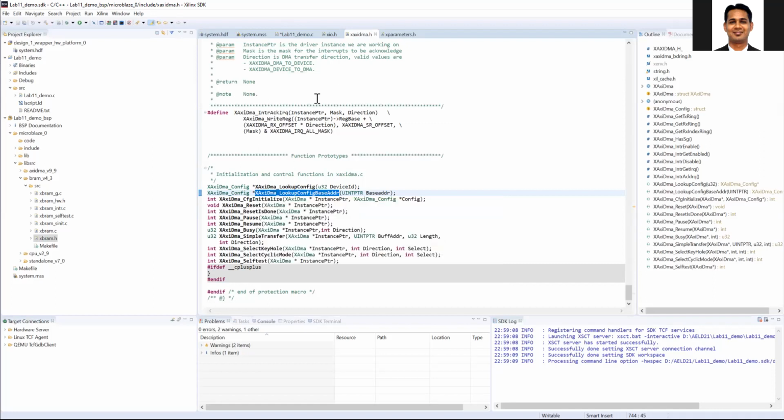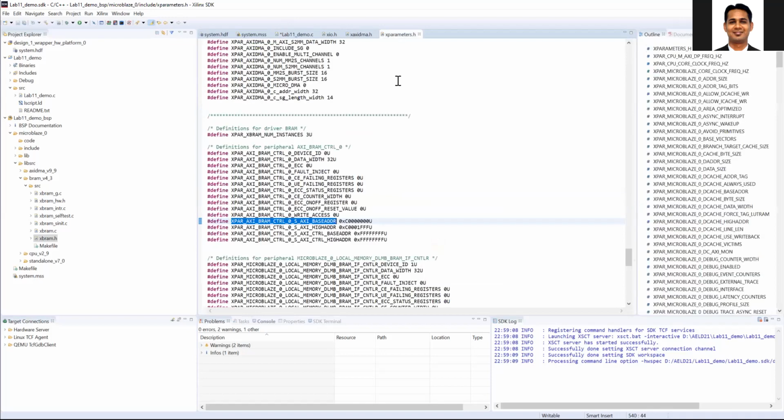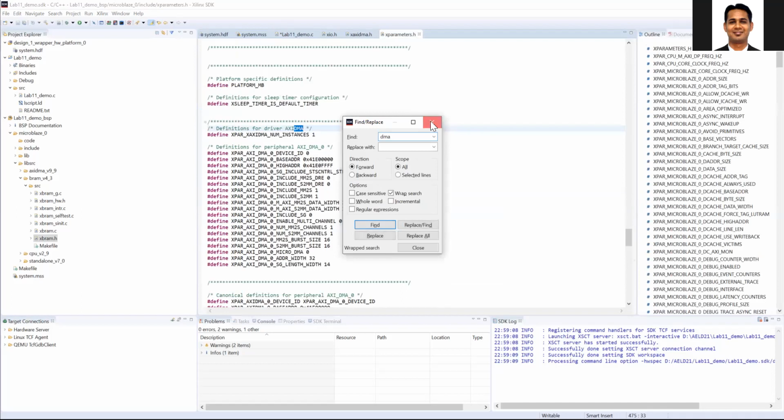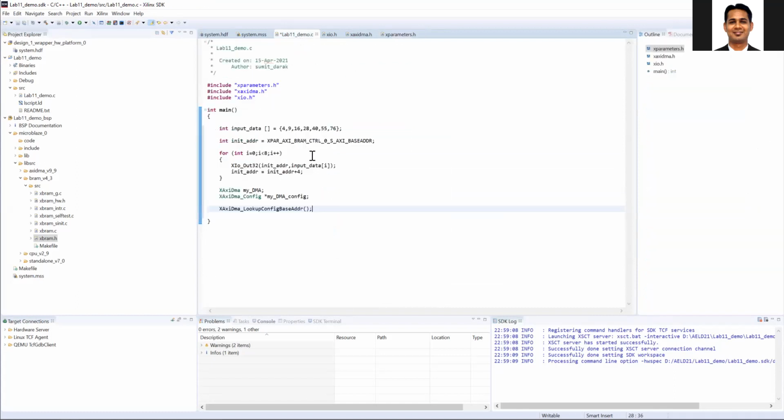The output is of the pointer type which we have defined, and the input to the function is a base address. The base address of the DMA will again be present in the .h file. So this is the DMA, and the base address of the DMA is this one. We'll copy it, and the output of the function is this structure.